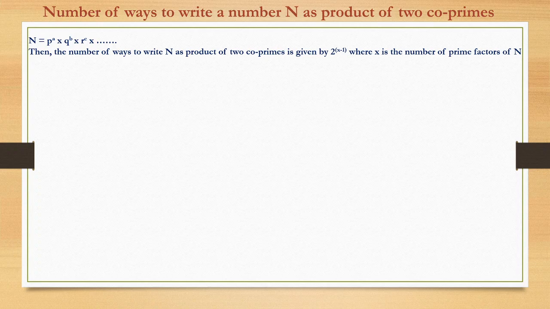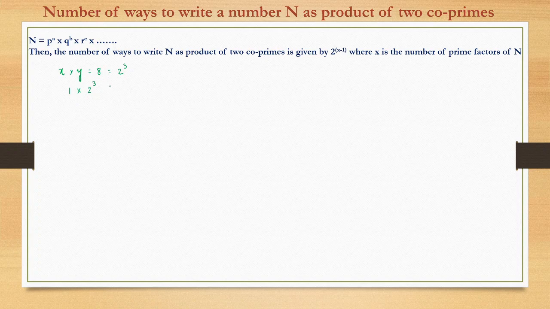the number of ways to write a number n as a product of two co-prime numbers. So the same question, if we had seen where x and y are co-prime to each other, x into y is equal to 8. So how many ways can we write here? So see, for co-prime, here there is only one prime factor, 2 cube. So it can be 1 into 2 raised to power 3, right? That's the only way we can write.